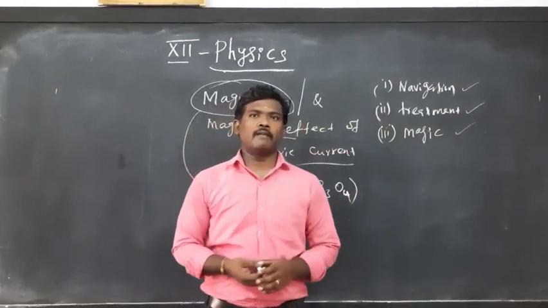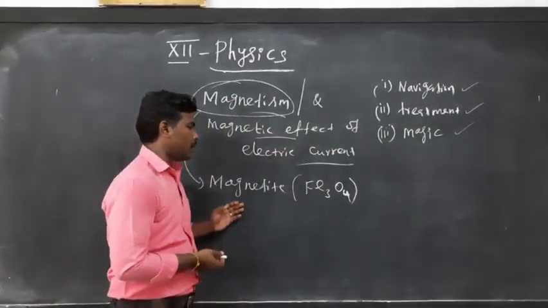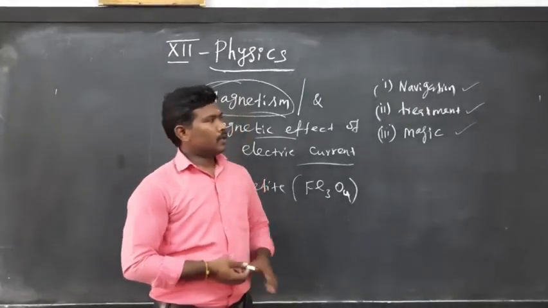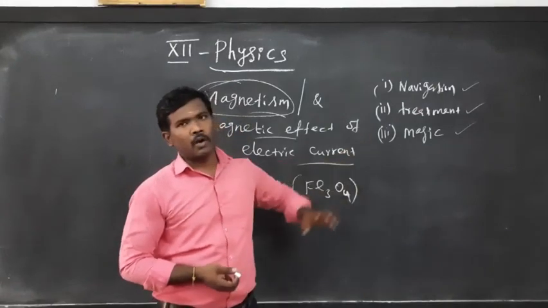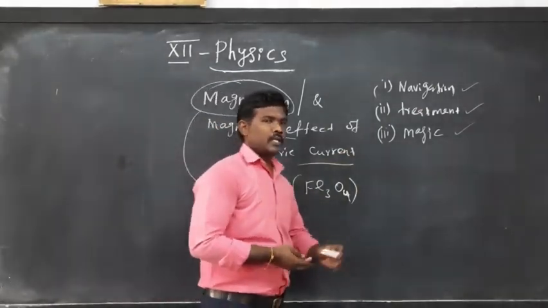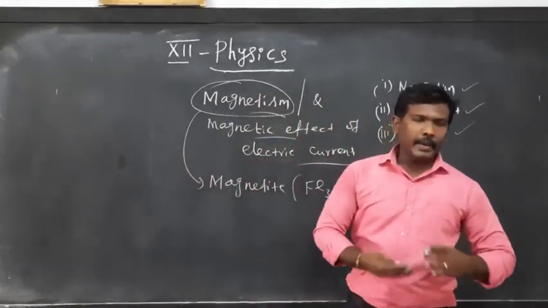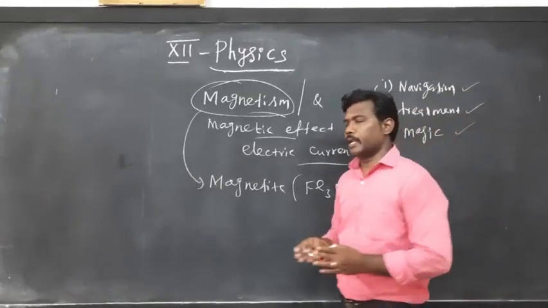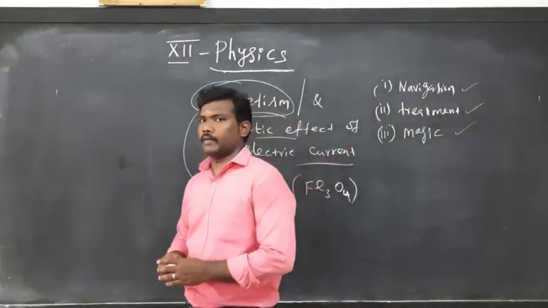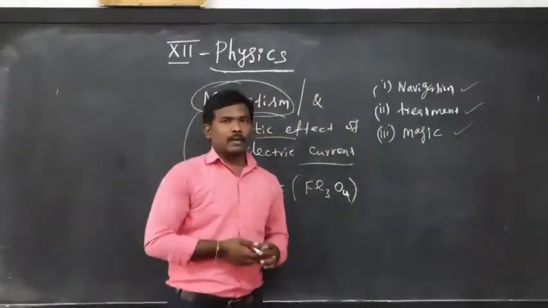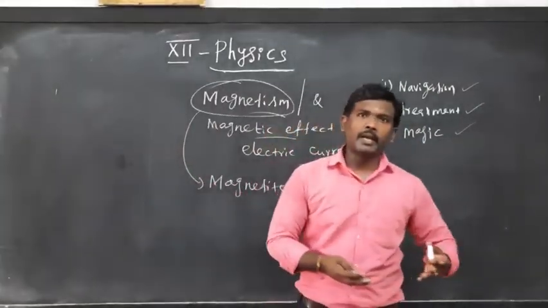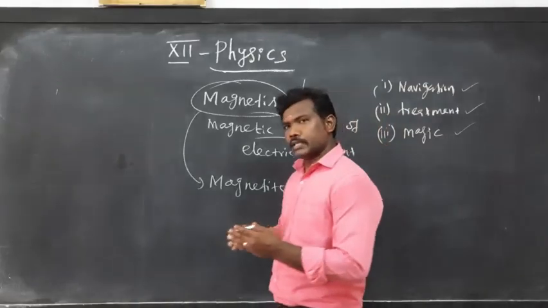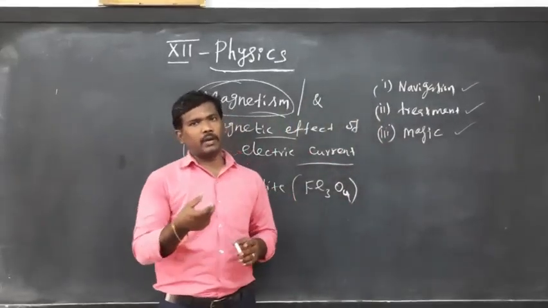And magnetism is a word derived from the iron ore magnetite, and the formula for magnetite is Fe3O4. Okay, so this is with respect to the olden days. In modern days, in our day-to-day life, we repeatedly use electrical and electronic devices. Almost 90% of all electronic and electrical devices use magnets. For example, a speaker, headphones, computer hardware, CD disk, and the cycle dynamo also have magnets.